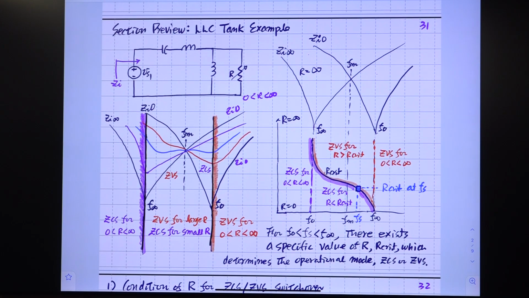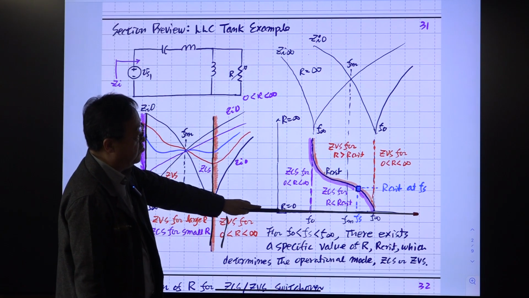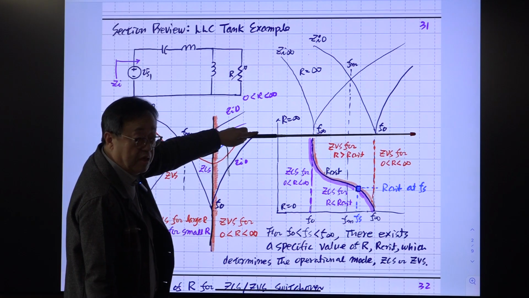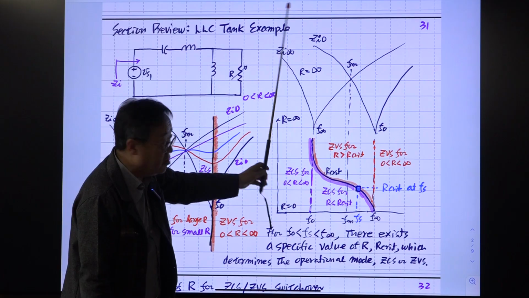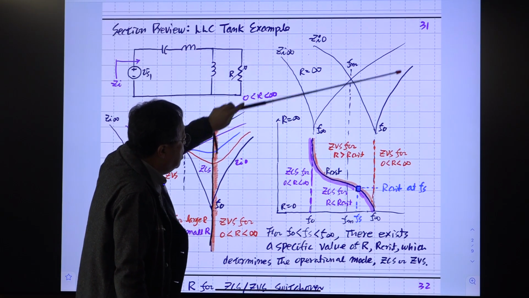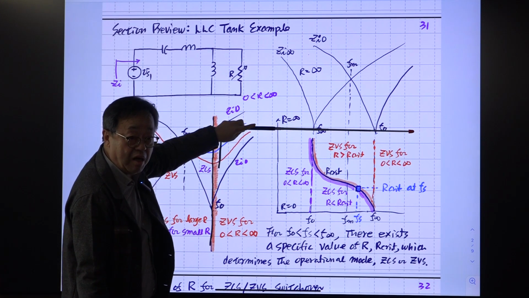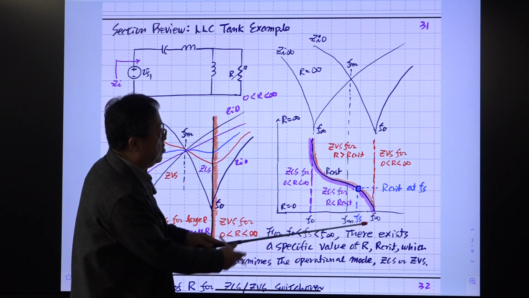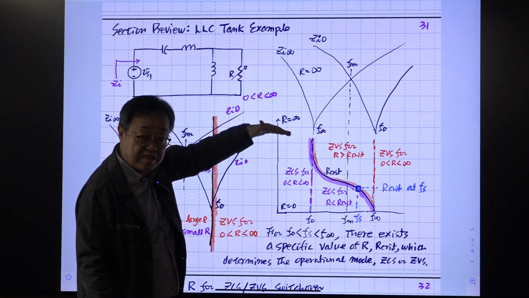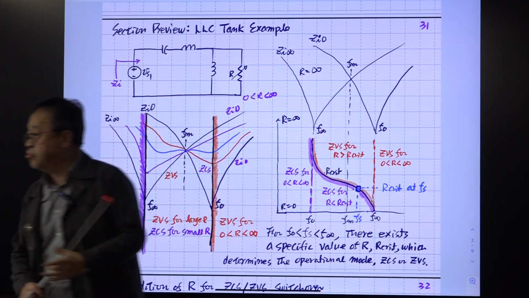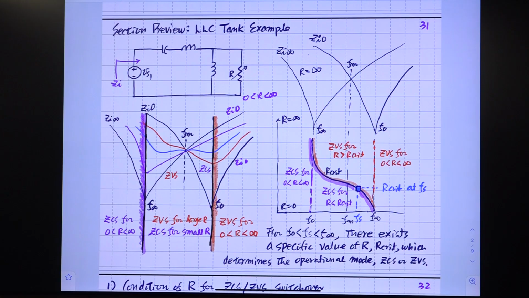Right. So this axis is frequency. This y-axis here is the magnitude of the GI. This part is the magnitude of the R. All right. They're different. So they use the common x-axis, but there are two separate y-axes. One is for the magnitude of the GI, and the other one is the value of the R. All right. So at this frequency range,